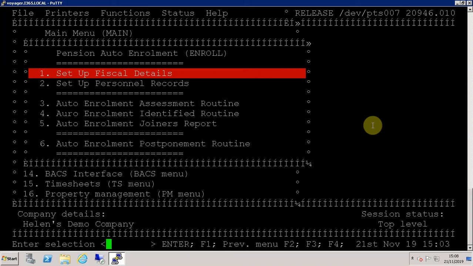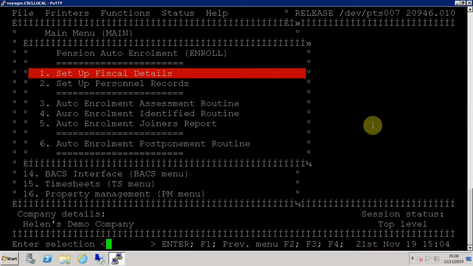This is a brief overview of cyclical re-enrolment within auto-enrolment on Infrastructure 365. Cyclical re-enrolment is the process of re-enrolling anybody who's opted out of a pension. The cyclical dates are every 3 years. The first date is set in the system control and then is moved on a 3-yearly basis once the cyclical